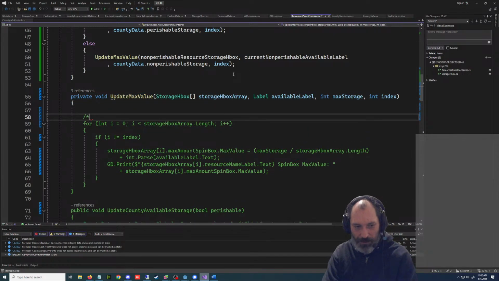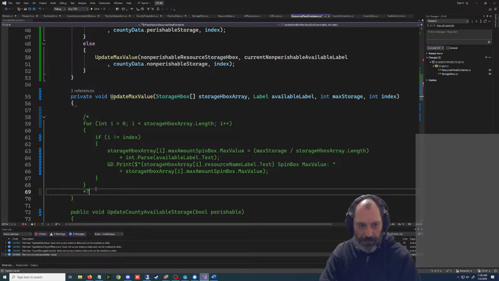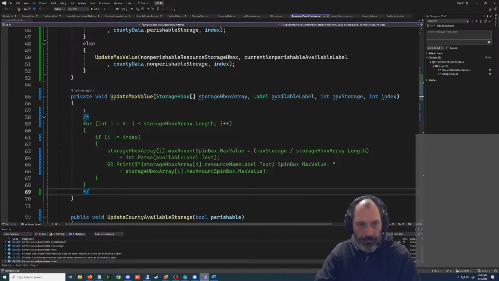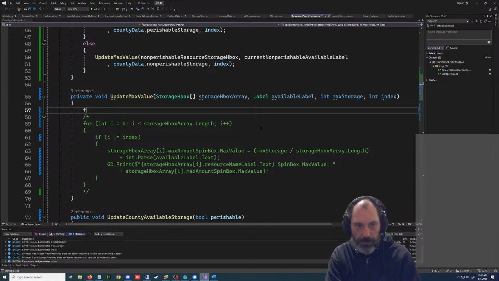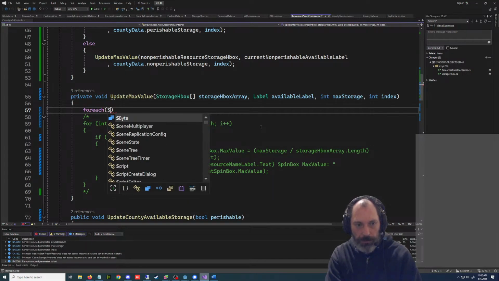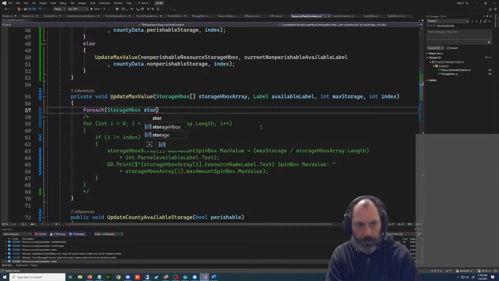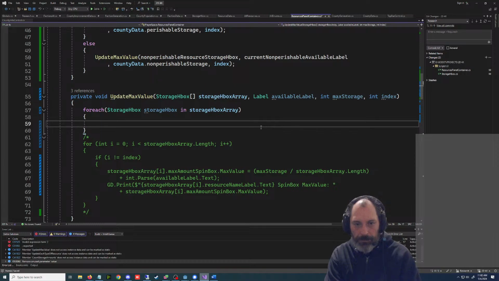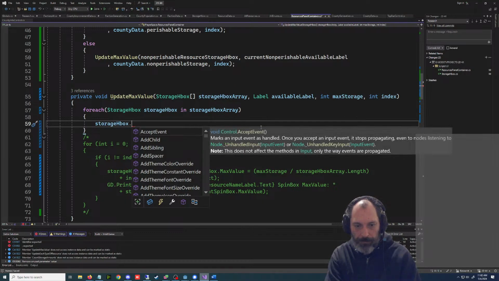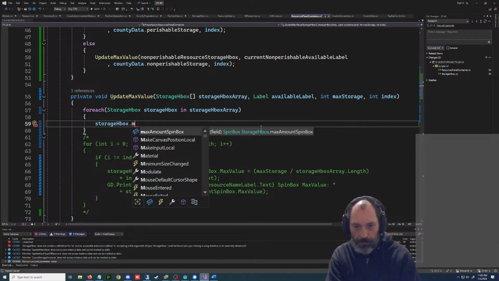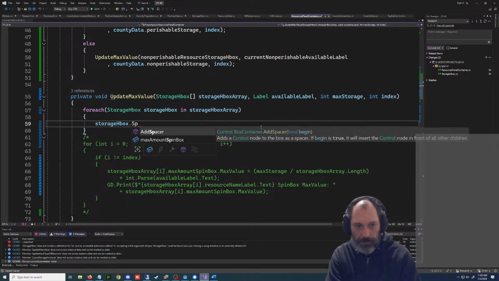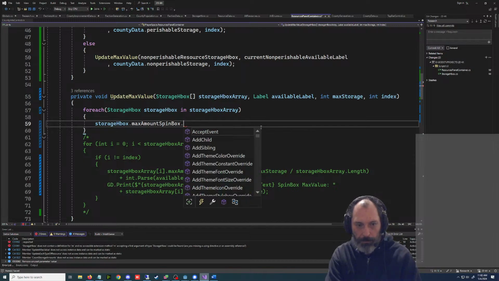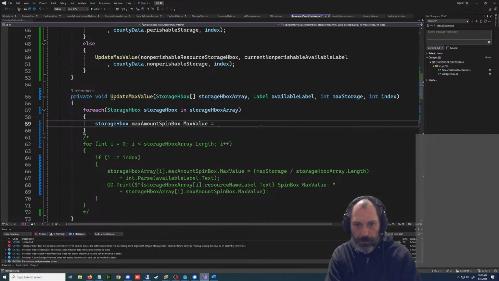Let's comment this out real quick. And then we go for each storage HBox in the array, and we say storage HBox dot max value. Now we need a spin thing in here. Max amount spin box max value equals